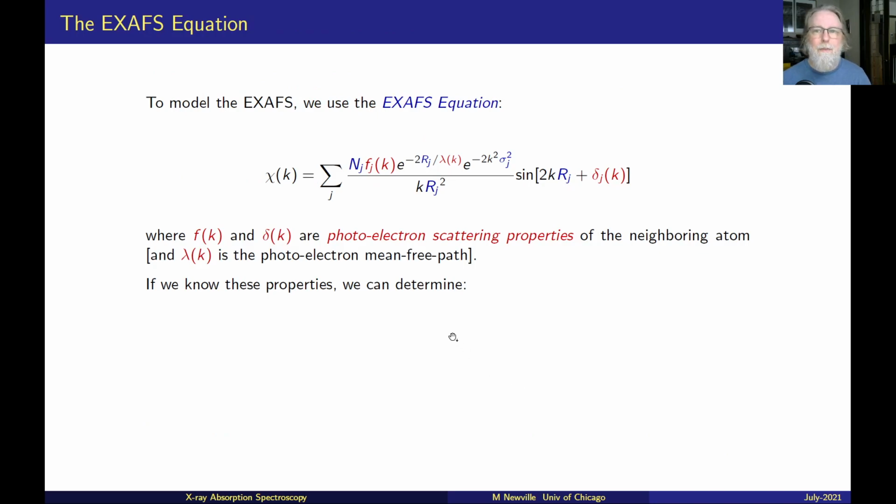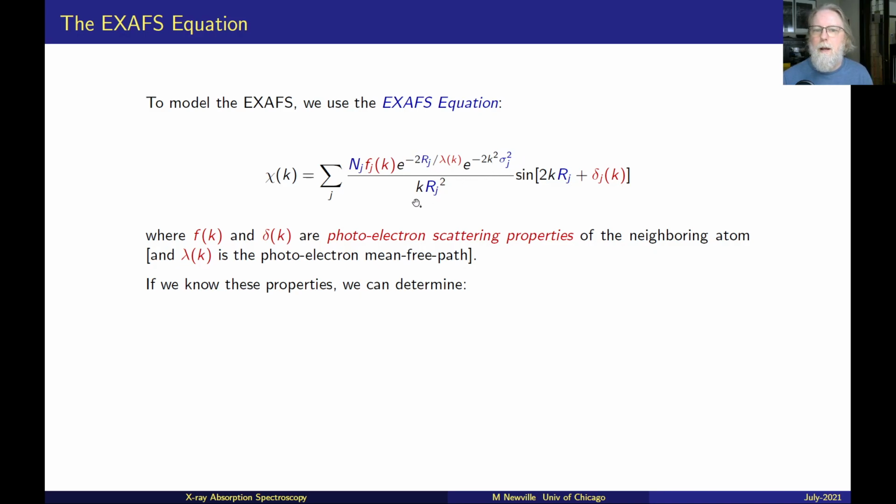So to model XAFS, we have an XAFS equation. It's a little bit complicated. Comparing it to, say, Bragg's law, it's a little more complicated, but it's not terribly complicated. It is possible to use this to model data. Here, the XAFS, chi of k, is a sum over terms that include N, R, and sigma squared in a few different places,